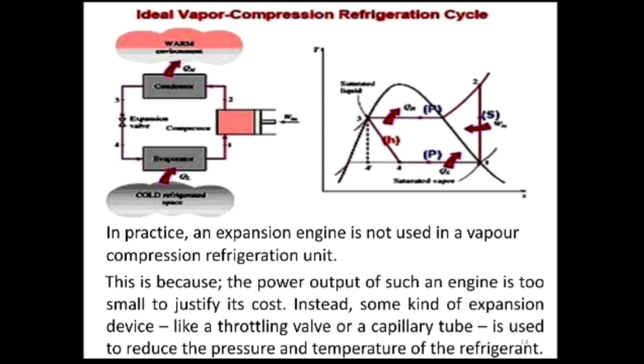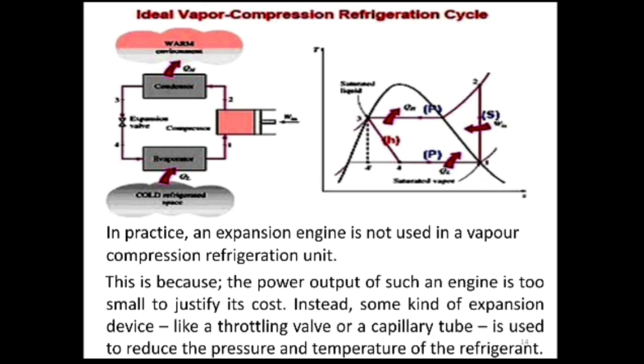Now as you can see, 4 to 1 is the function of the evaporator, right? So this is how an ideal vapor compression refrigeration cycle works. Now as you can see, the area under this TS curve represents the heat transfer for internally reversible processes. Here there are certain internally reversible processes except expansion. The process is not reversible. If that was also reversible, then the whole cycle would have been a reversible cycle. But the ideal VCR cycle is not a reversible cycle because there are 3 reversible processes but 1 irreversible process,